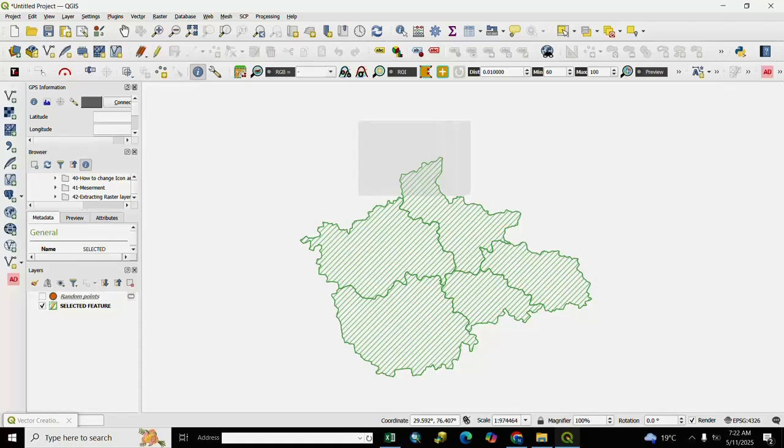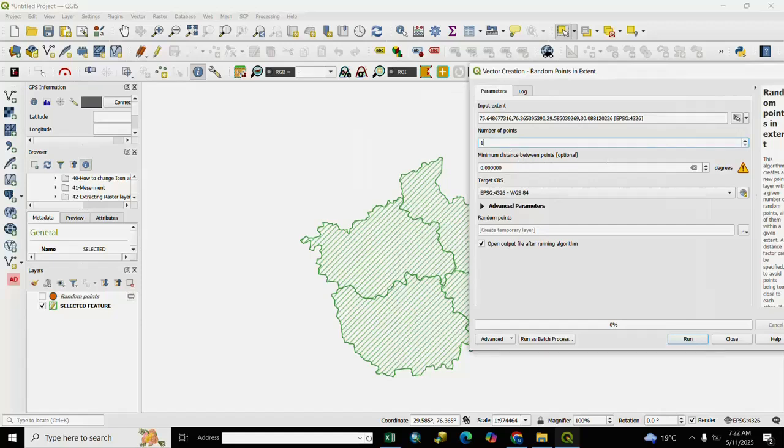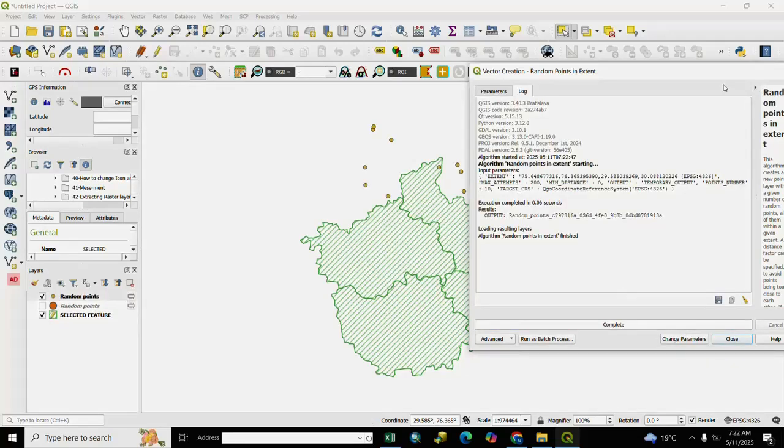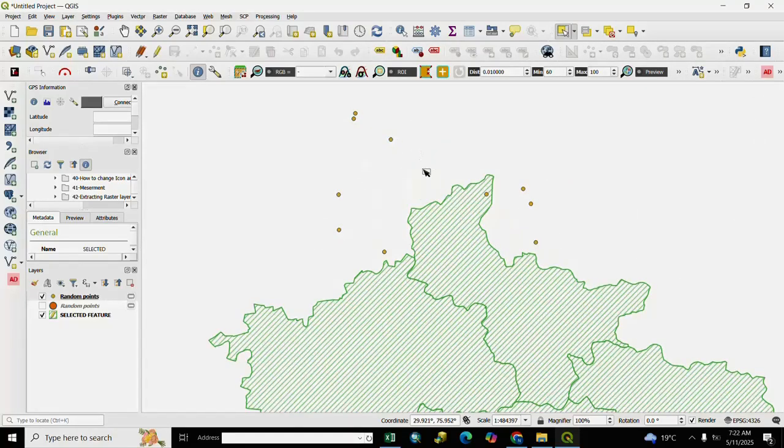If you want to create random points on corners, left and right, we select here corner. After corner, we give a number of points. We give 10. After it, we run it and close it. You see here your random points are generated on the selected area.